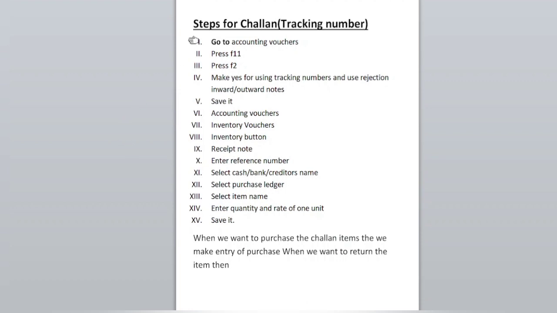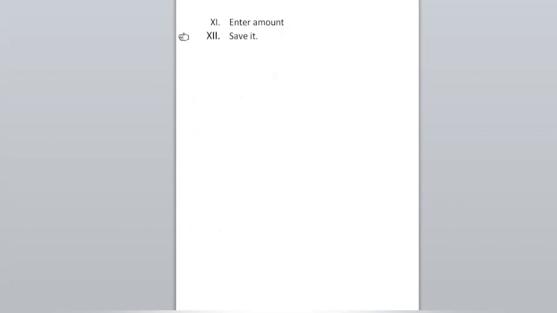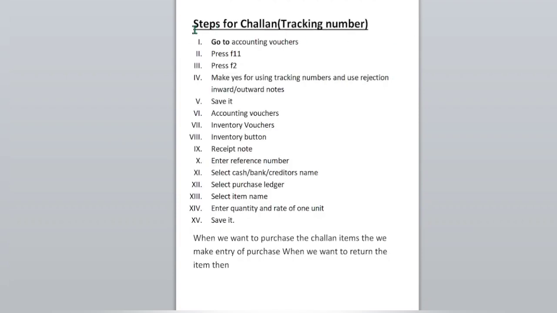So now we will see the steps for Challan. Steps for Challan tracking number. We have to go to accounting vouchers and then press F11